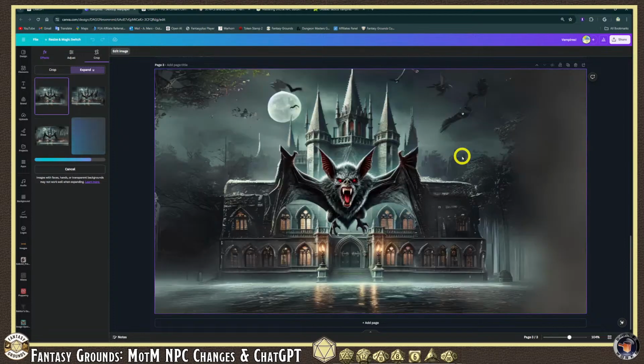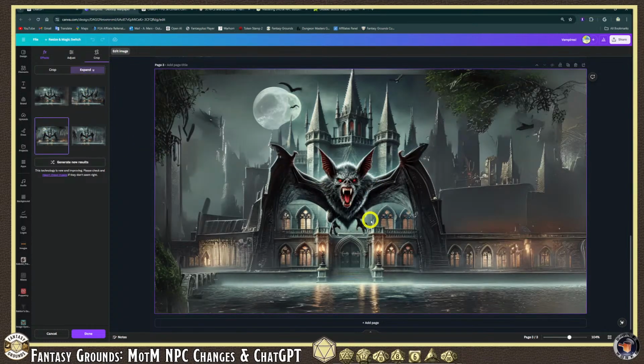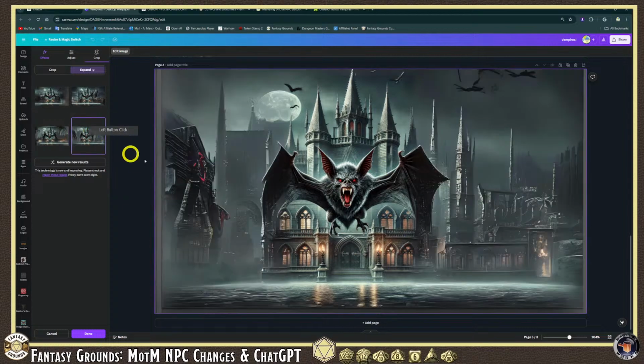Yeah, it's not bad. So it took what it could and kind of placed it in there. So like I said, this is a little bit too much for it to digest. Like it's not bad, but it's kind of blending in. And this is an AI feature that's built into